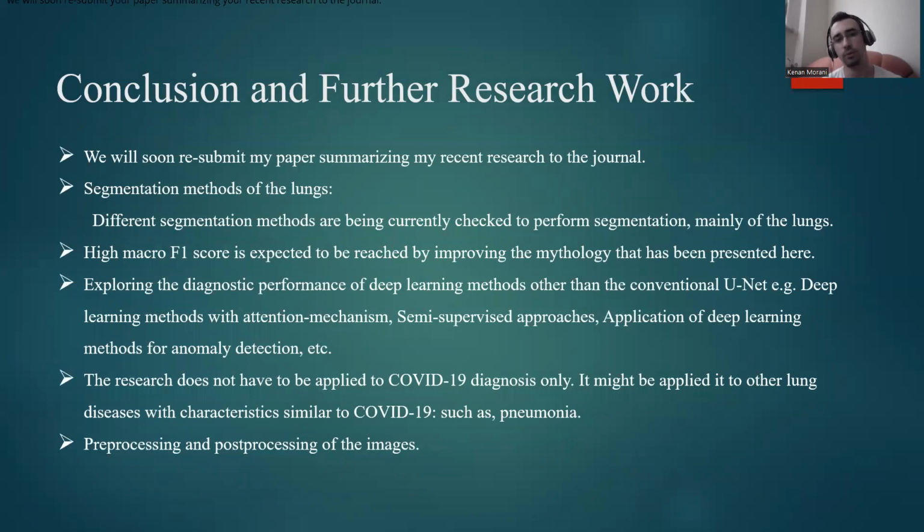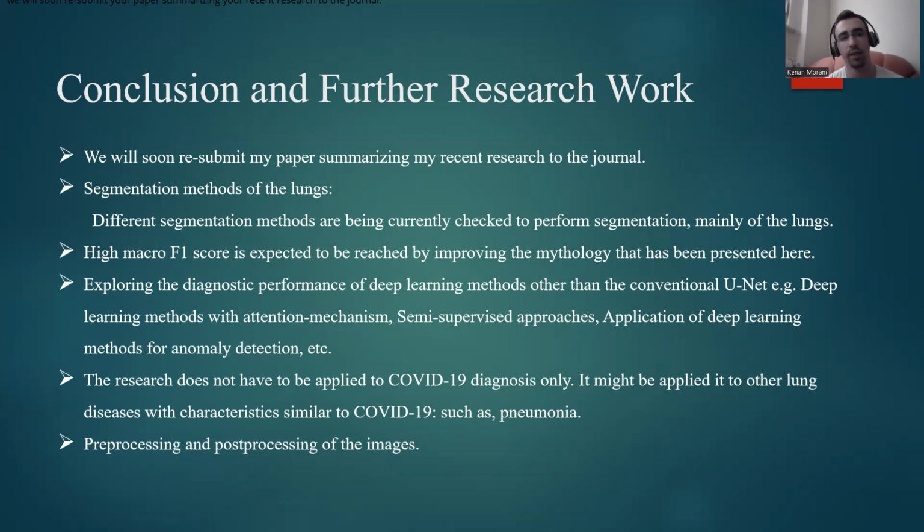What we're going to do, of course, is resubmit the paper summarizing the research work. You can see the preprint of the paper so far. We'll be submitting this paper. We will focus further on the segmentation methods of the lung. Different segmentation methods should be checked on the lungs. A high micro F1 score is expected to be reached by improving the methodology that has been presented here through segmentation